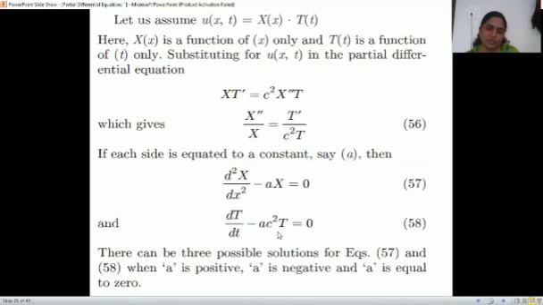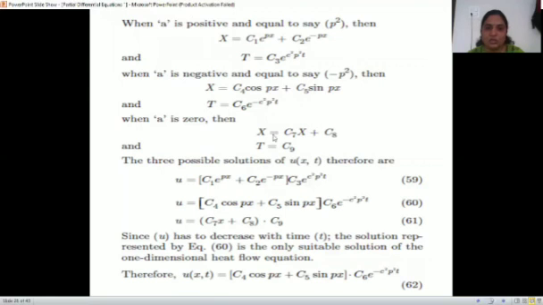So the derivative is p square, the D value root is p square c square, and that is again real, only one root, so we can write e raised to p square c square t, but this is in t, and the next constant c, right? This is the solution in case a is positive.